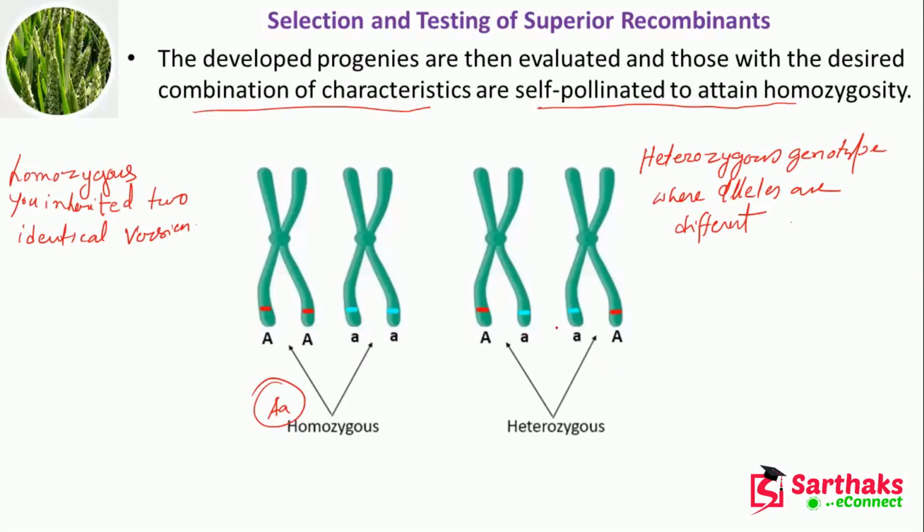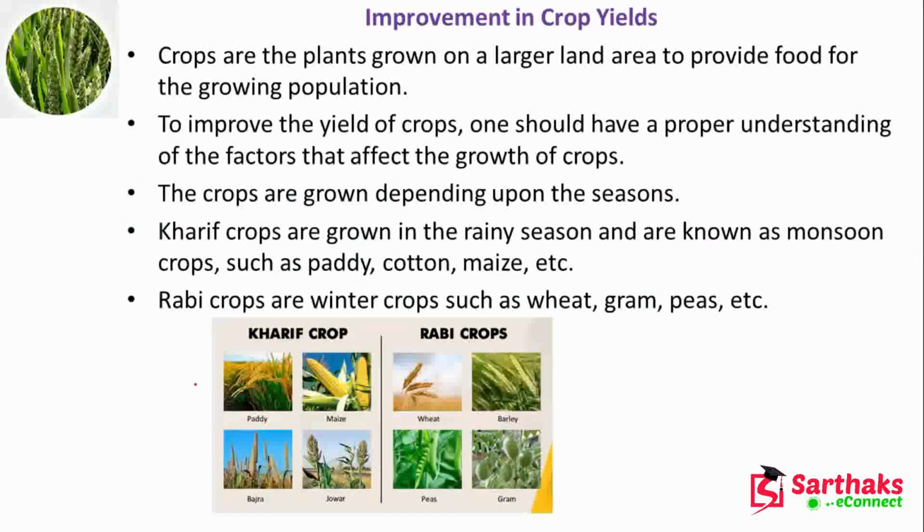So here you can see that this is your, now whatever you are creating, that is the homozygous. Now here you can create some heterozygous genotype. Okay. Now the improvements in crop yields we are doing, we know that to get high yield and to feed